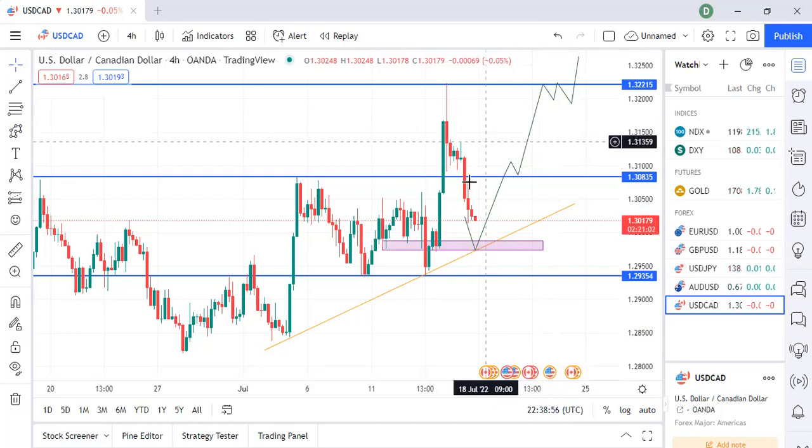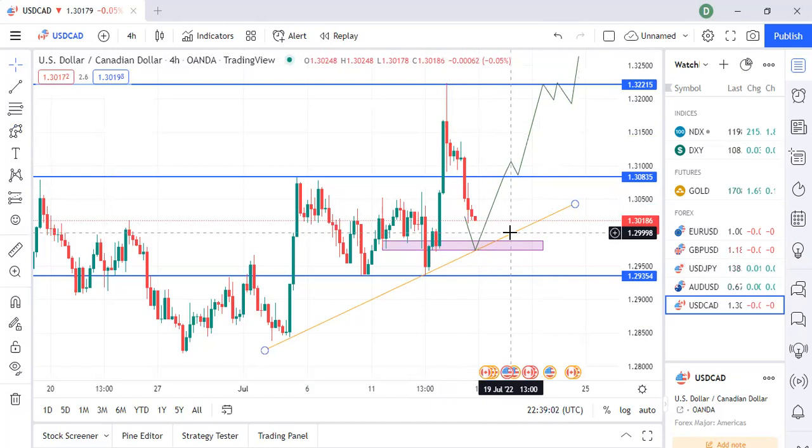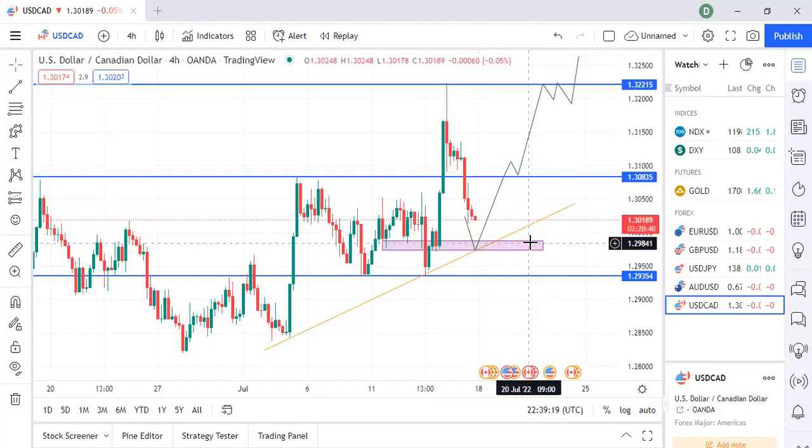My sentiment is still buy. Last week it was buy, and you saw that massive move before the drop after the news. Once there is news, after the news we should still be expecting some drop on that particular asset. You can see we left a lot of imbalance and liquidity void over here, which needed to be filled. That is what the market is currently doing on USD CAD.